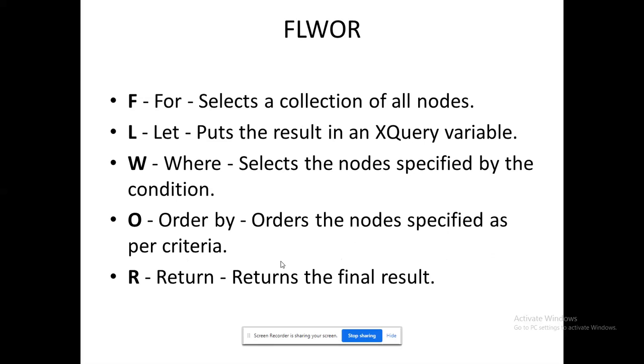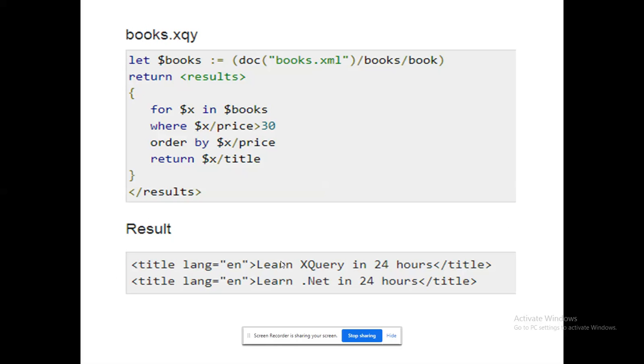So FLWOR is the operator that I could use in my XQuery, right? It will select all the nodes. I could check with the where clause, and I'm going to order by and then return. So order by is based upon the criteria. Simple XQuery can be written with this. Let is nothing but mainly used for assignment in XQuery, so please remember that. As usual, what you write in your SQL, you could write as it is, but the only thing is the variables are prefixed with a dollar symbol. So don't forget to remember that.